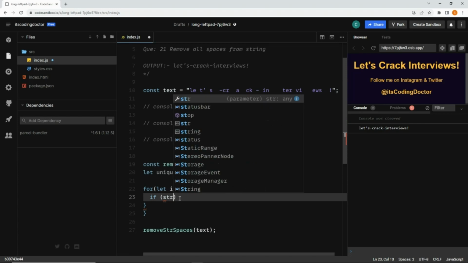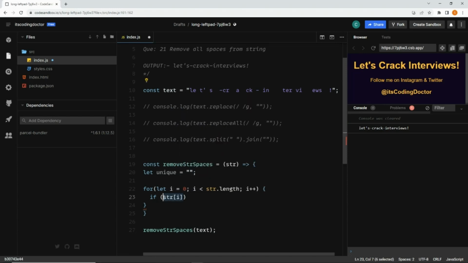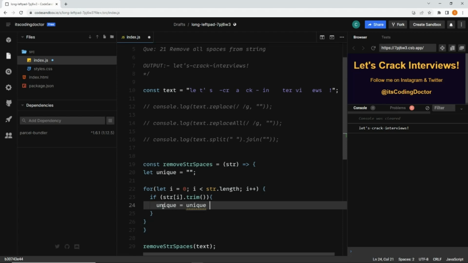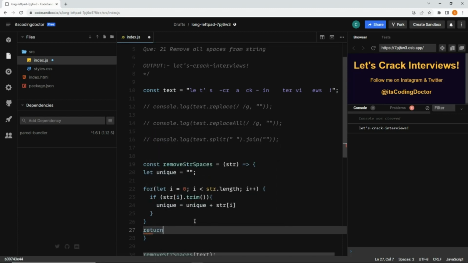So for that, I'll be writing an if condition. I can write string at i. And this will give us the string character by character, right? And now I can trim this. So if there is space, that will be removed. And here I can write unique plus, and whatever this value is. Okay, so this if condition will be true only when the character is a valid alphabet, right? Not a space. Okay, once that is done, now outside the for loop, I can return the unique variable, which